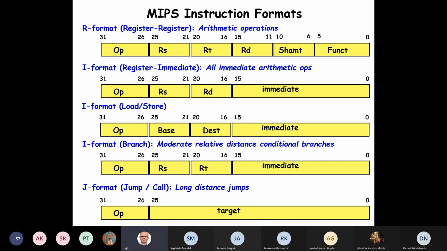a branch address, where we branch to a specific instruction. We know that these are 4 bytes, so we can branch to some instruction only. So the last 2 bits will be zeros, and they need not be stored.